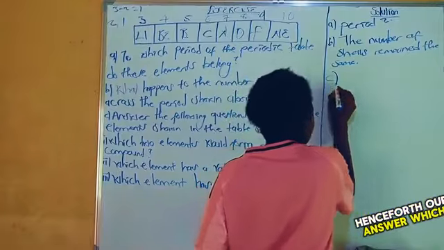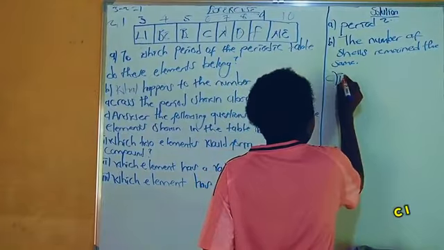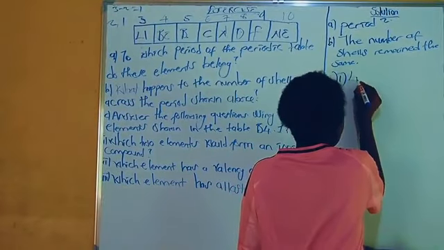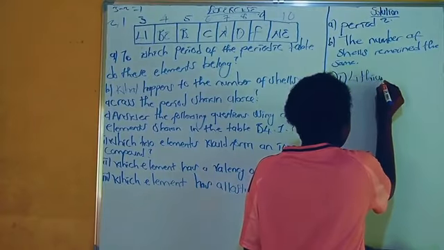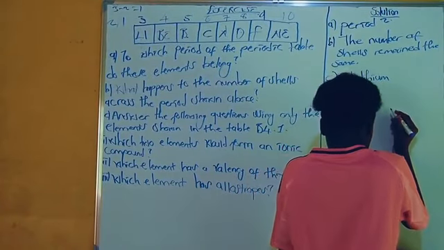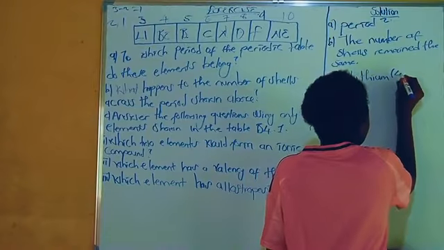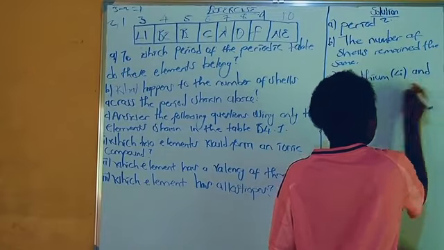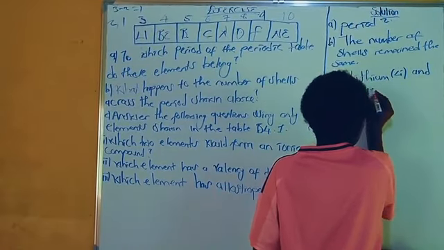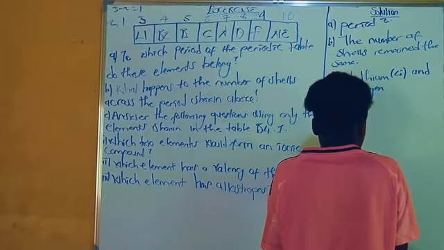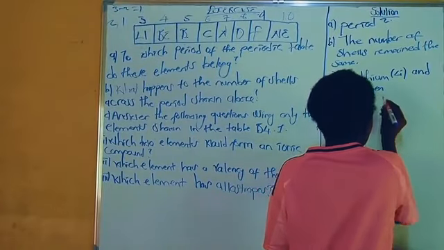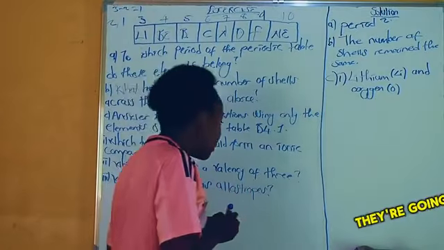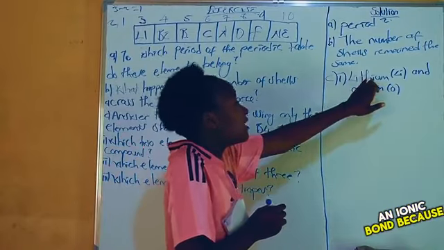Henceforth our answer, which is C1, is going to be lithium and oxygen. When they react, they are going to form an ionic bond because lithium is a metal,